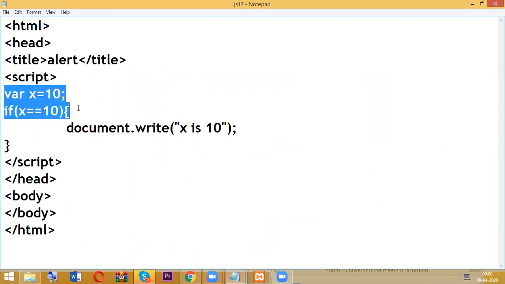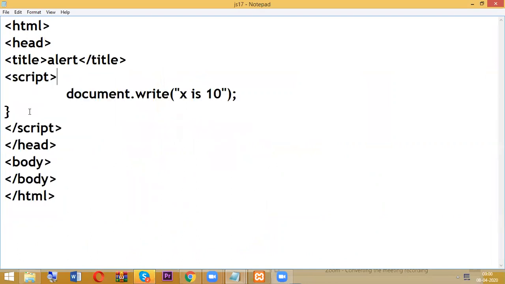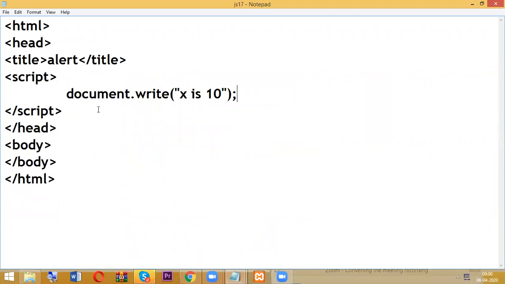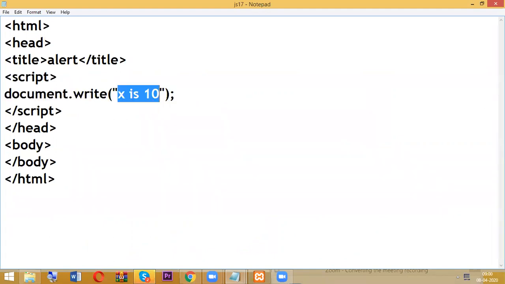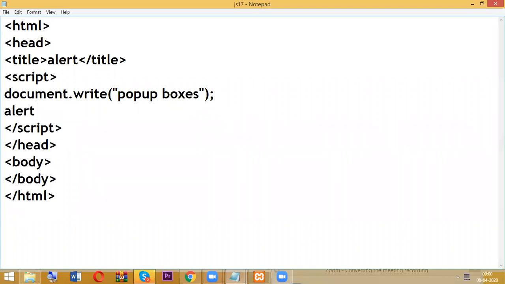Up to now, what we did, we are using document dot write if you want to display anything in our browser. So document dot write. Here I am writing a pop-up box, whatever the text. Even I am writing the same thing here, alert. Click OK to proceed. It can be any text.